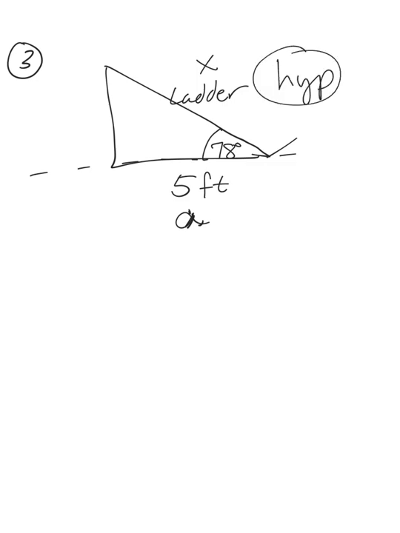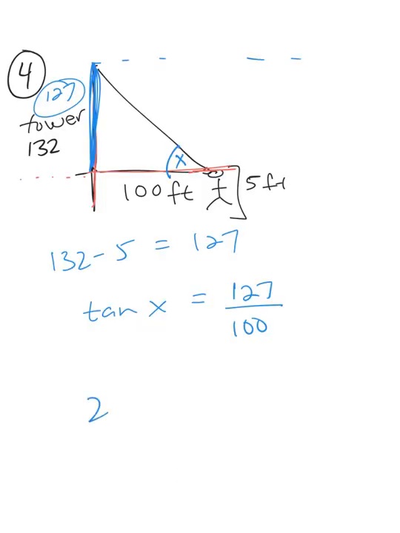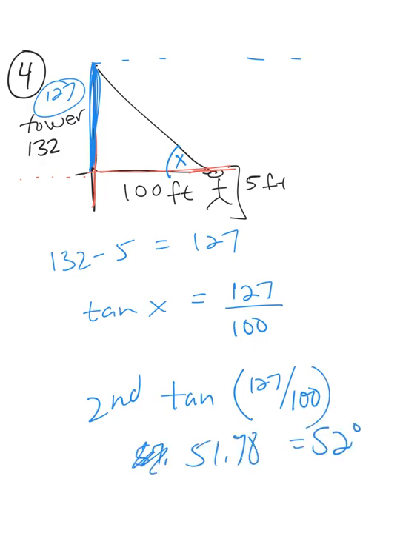Cosine 78 equals 5 over x. If x is on the bottom, what will we eventually end up doing after we cross multiply? Dividing. So you type in 5, division sign, cosine 78. And so you type in second tan in your calculator and then 127 divided by 100. Right. So